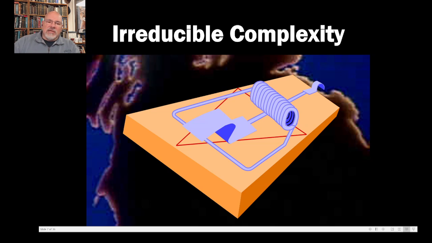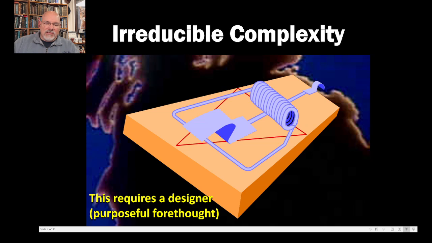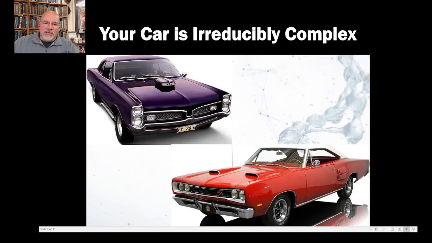And it was never going to evolve into a mouse trap. And it was never going to catch a mouse because somebody has to set it. I don't think that people... he pulled kind of the hand is quicker than the eye, a little magician's trick on an ignorant audience, and that's really what happened there. But this requires a designer with a purposeful thought, and all parts are needed in order to catch mice, not to be used as a tie clip. Your car is irreducibly complex, right?